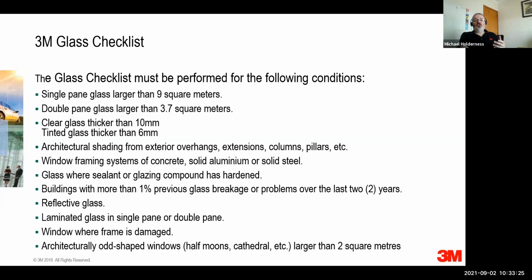And from that, it will highlight in red films that won't work, and leave in black the films that you can use. So you can make your selection of films based on the checklist. You don't need to do a glass checklist for every situation. I know some people do, but the glass checklist will give you a very, very good indicator of issues that may be out there. Essentially, the way I think of the glass checklist is a really, really good way of protecting yourself. While we can't guarantee it, even with a checklist, we do know that if you follow the checklist, then the chances of having glass breakage are going to be